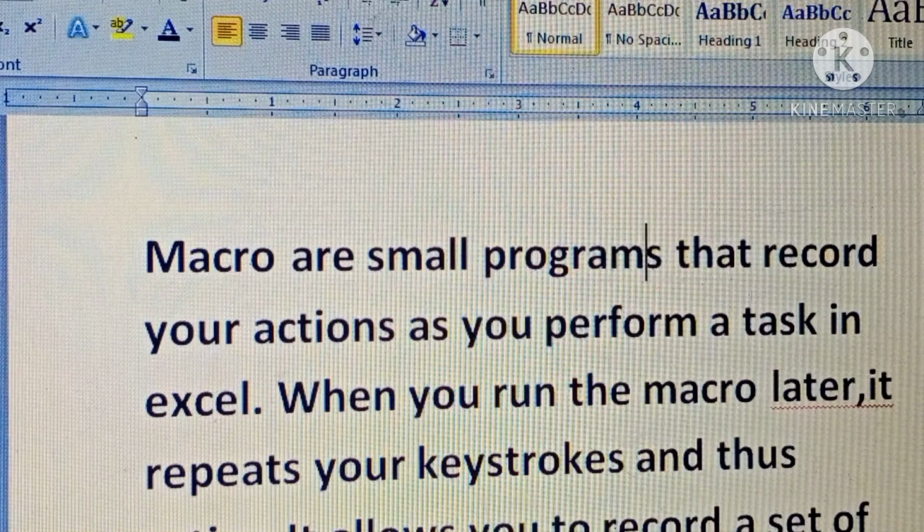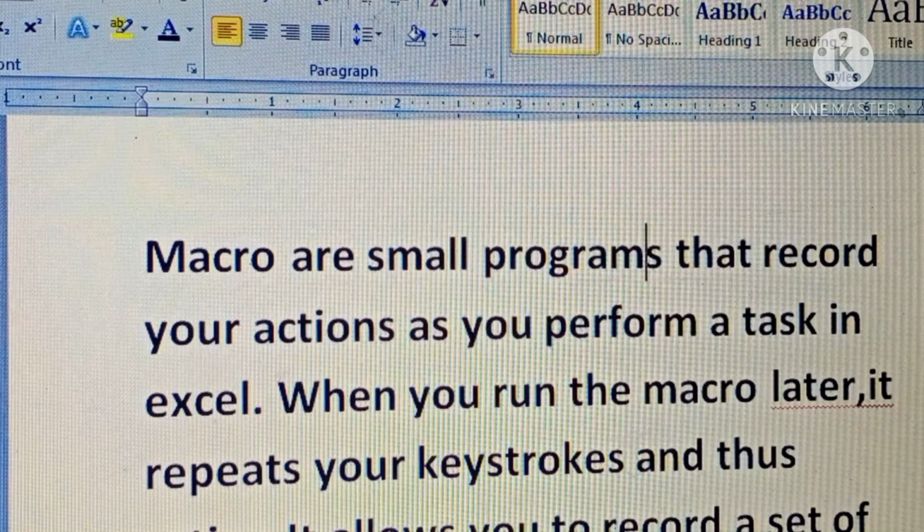When you run the macro later, once you have applied actions inside the Microsoft spreadsheet, whatever work you are doing, one by one all actions are stored in your macro. Then after that, when you want to run this macro later, it will just repeat your keystrokes and actions. Whatever actions you performed in it, whenever you run this macro later, the number of actions which are stored in it will be repeatedly executed.